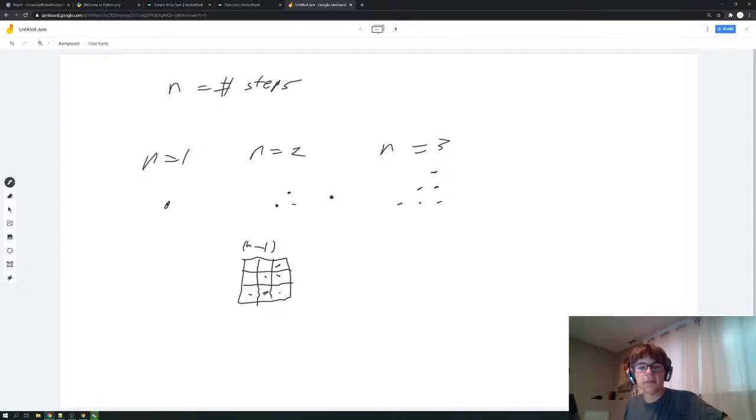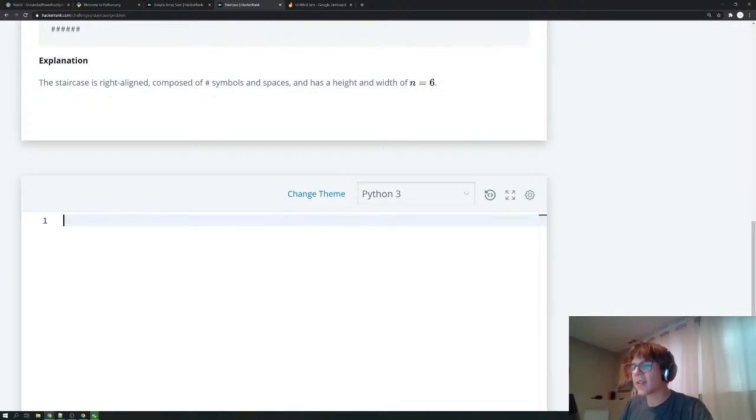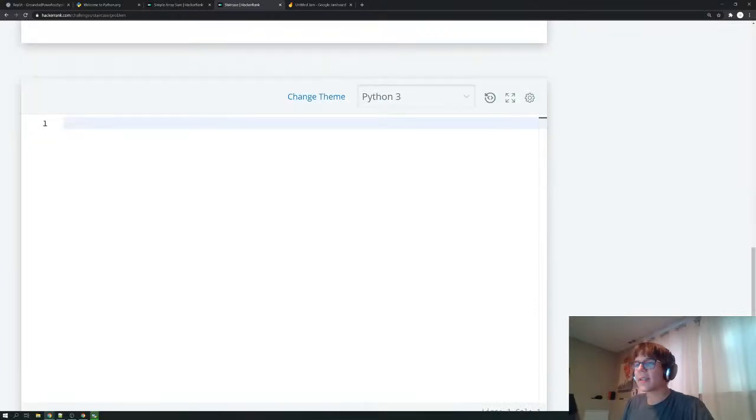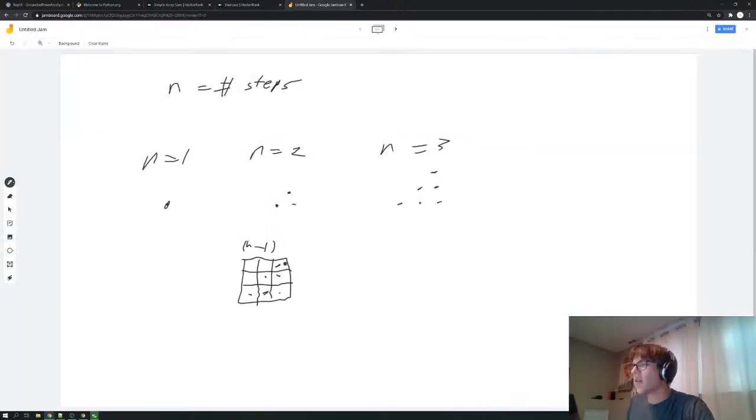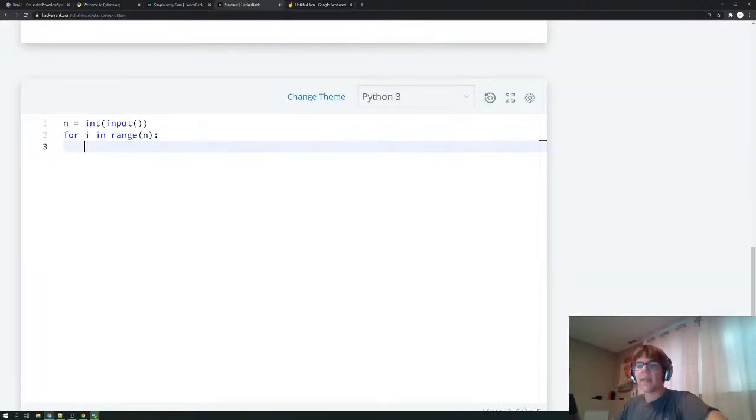So the input for this problem is really easy. Also, I'm deleting the HackerRank input. This is generally good practice. The input HackerRank gives you can often be quite bad. You're normally better off just getting rid of it. All right, so let's read an n. Now, we notice that the number of levels in our staircase is going to be equal to n. So we have n steps. So let's make a loop that goes n times. And then at every level in our loop,